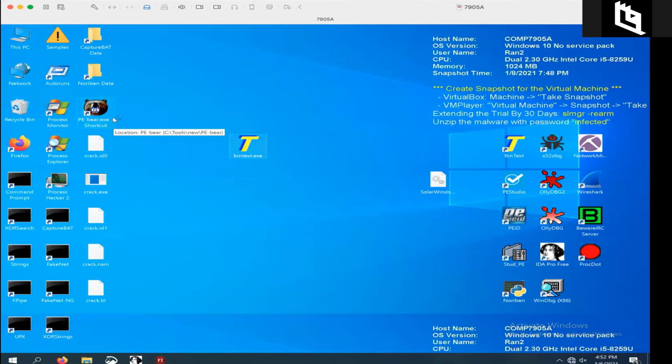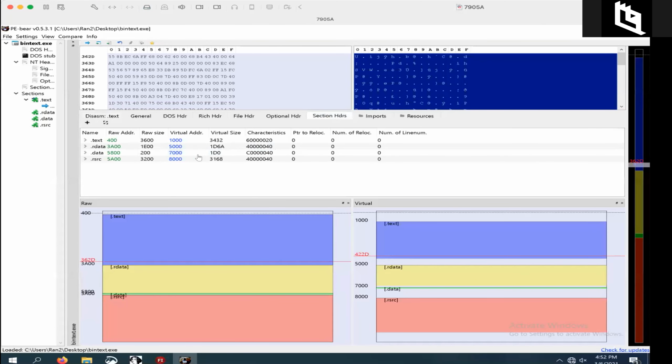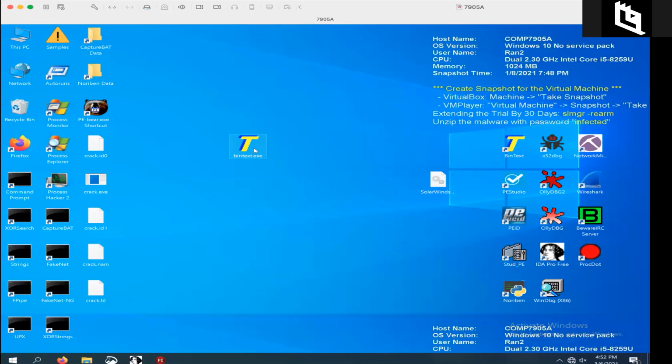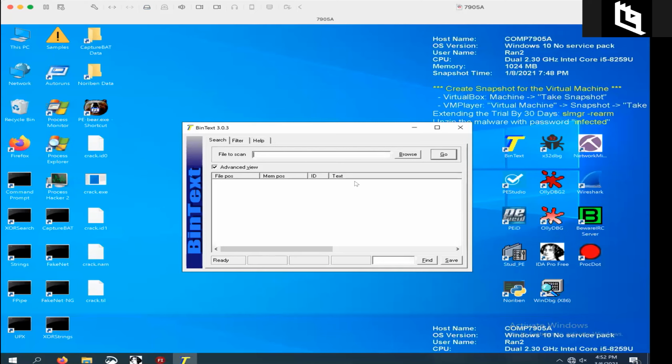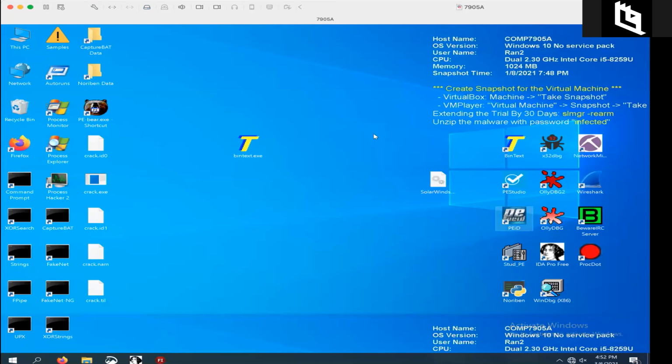Put this edited BinText.exe and go back. You will see that I changed it to 1D0, not exceeding 200. Then kickstart the program. You see that it worked perfectly. So it seems the Windows loader doesn't care